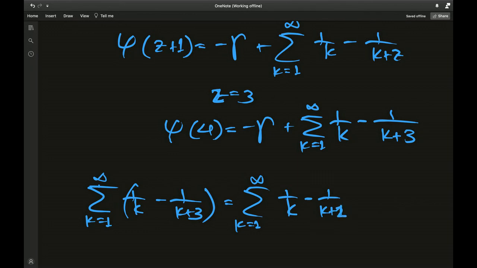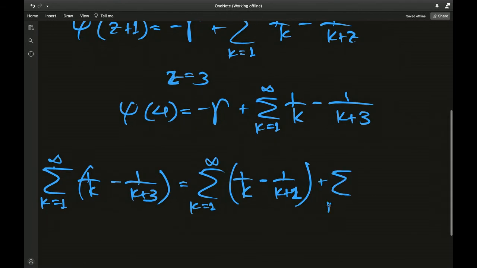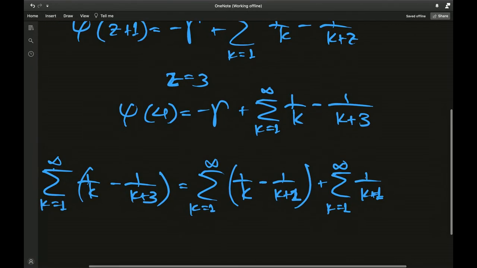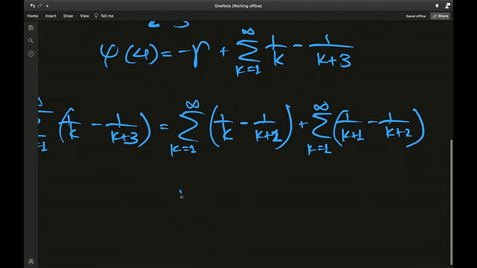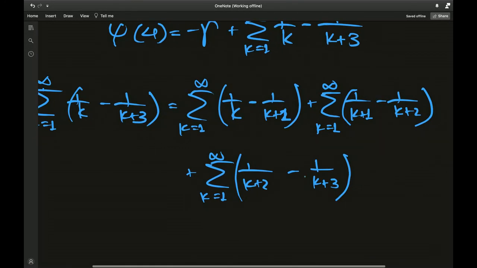or say k plus 1, and then you add the same 1 over k plus 1, but you subtract 1 over k plus 2, and then you add the same 1 over k plus 2, and then you subtract this last term 1 over k plus 3. So it's like an induced telescoping sum, because now this guy will just become the first term when k equals 1,